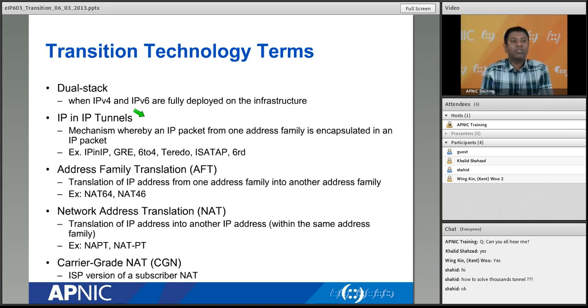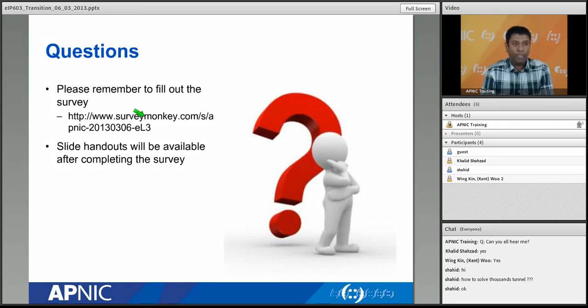When they use NAT64, it means on the customer side they have IPv6, and when the IPv6-only customer wants to browse the IPv4 side, there will be an ad. So when they browse the IPv4 side, how will the name resolution work? That's why we need to deploy DNS64 as well. Okay, so this is how all those transition technologies can be used and all those terminologies are used.